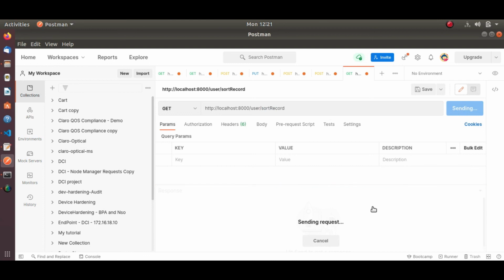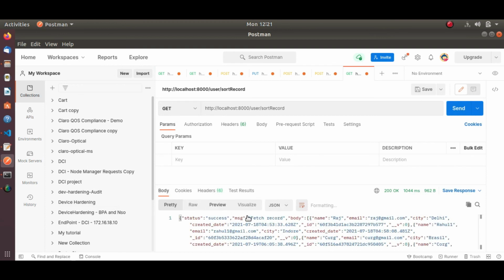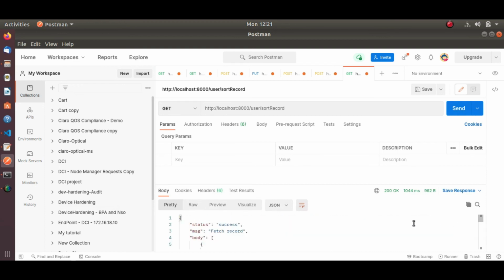Let's change the route name to sort record in Postman also. Sort record. So let me click on the send button now.